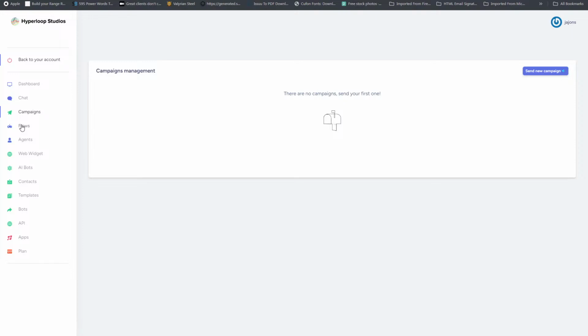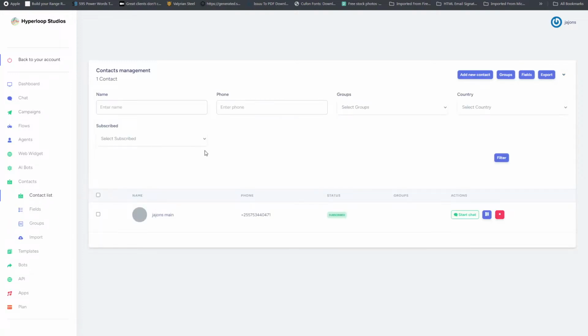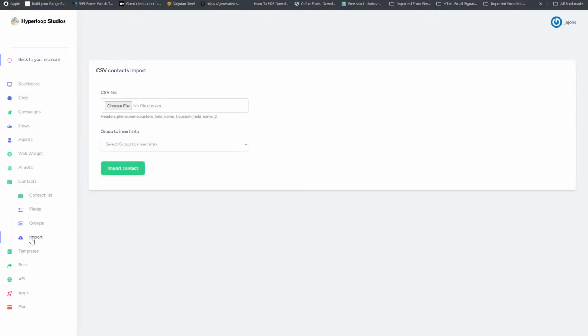So I'm going to take you to the next stage, campaigns. But before that, let me take you to contacts for a moment. Okay. So in contacts, you can populate contacts of people who you would like to receive messages. You can manually add them, and you can assign them groups, fields, whatever it is that you want, or you can import contacts, and you can just have a CSV file from Excel that contains the name of the person,